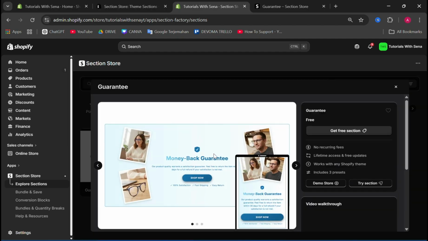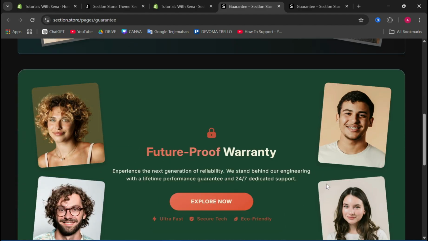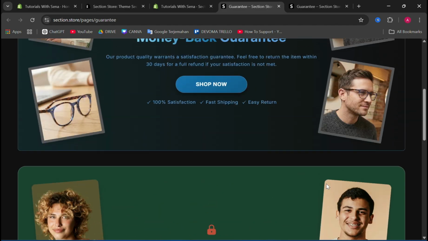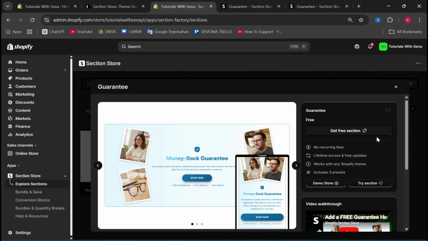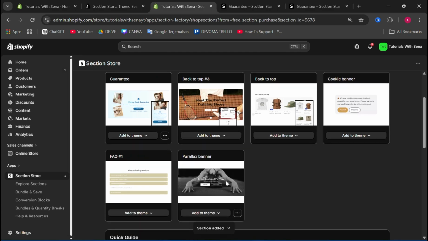You can click on it, and then you can see the demo here. You can click on it if you want to see it. And this is the preview of the guarantee section or page. And if you think it's good, you can just click get free section here, and then it will add it to your template page. Now you have to add it to your theme, so you can just click